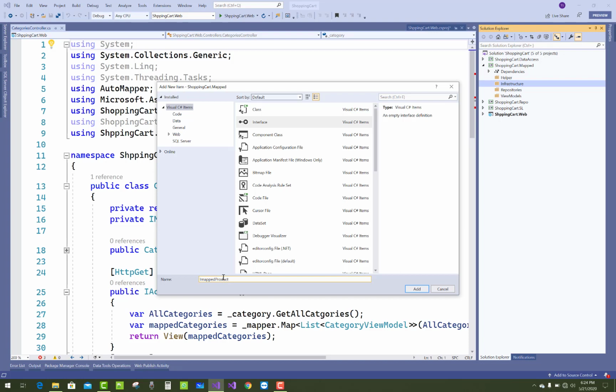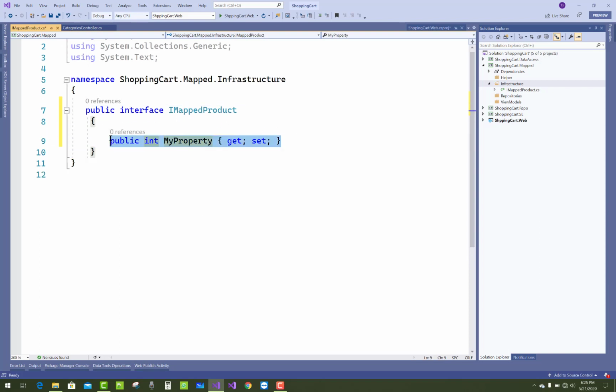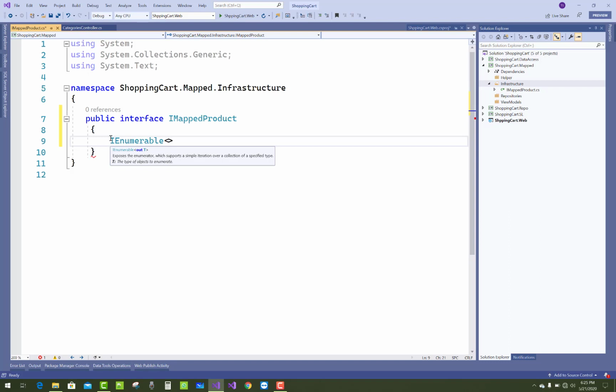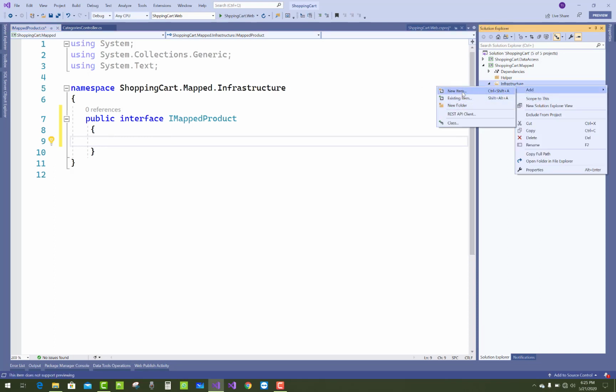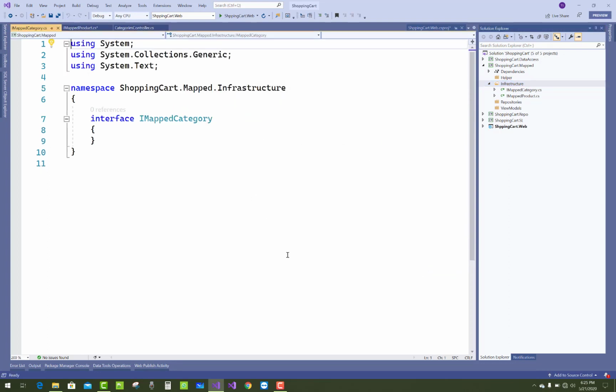First of all, add a new infrastructure for the category. So I mapped product as well as the category. First of all, I'm going to show you mapped product. So public interface IMappedProduct, in which you can add methods related to the products where mapping is performed. Then add a new interface for the category, IMappedCategory. Similarly, that interface is related to the repositories, so you can also create repositories for the interfaces.